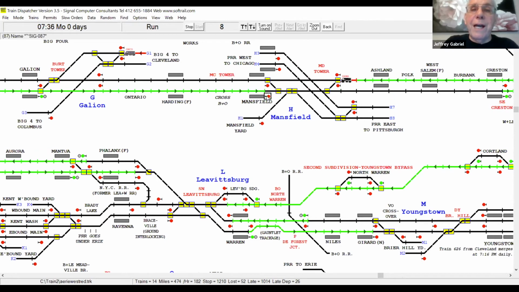And absolute last, KEMA is going to work the Mansfield yard. So we're going to line him crossing over and into the Mansfield yard. Okay, now I am going to stop this demo. I'm going to leave it up on the board, and let's go to the questions and answers, see if there's anything in the chat area that I can look at.